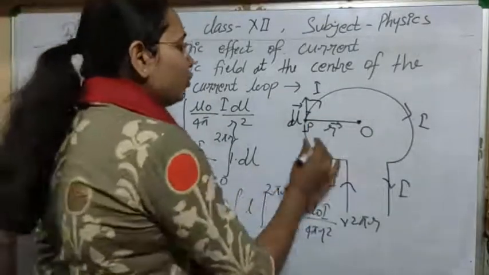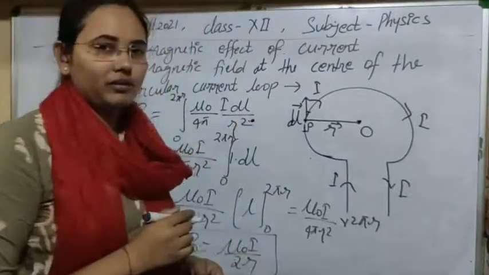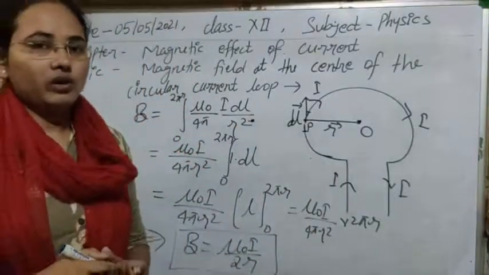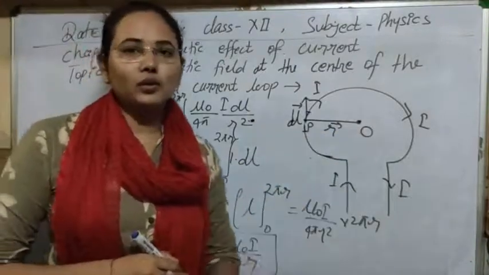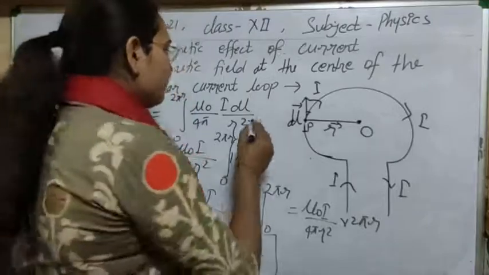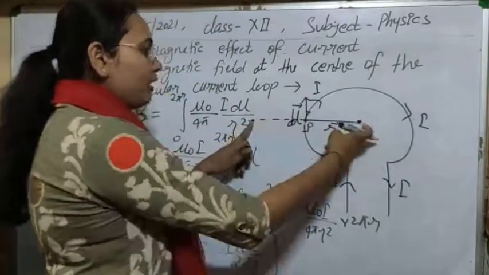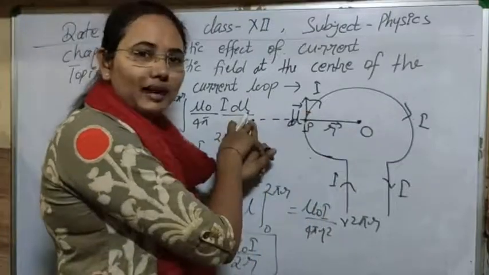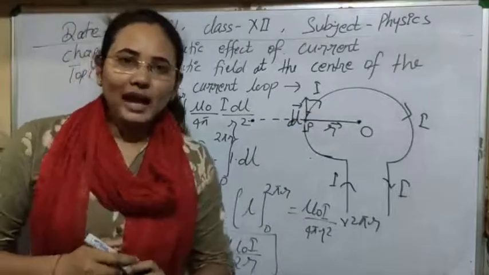Suppose we have this loop, and due to this loop we have to find out what the magnetic field will be at this point. So how can we find it out? This was the special case, at the center we just wanted to calculate. If we draw an axial line through the points at which we have to calculate, and it meets the center, that will provide you the axial line.